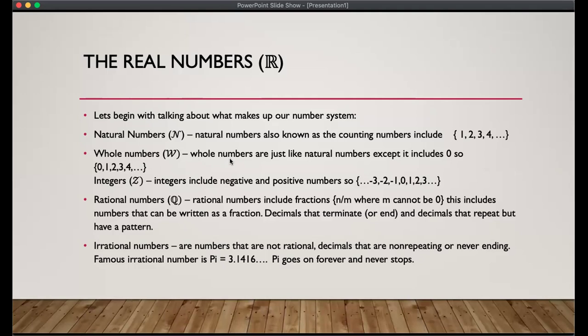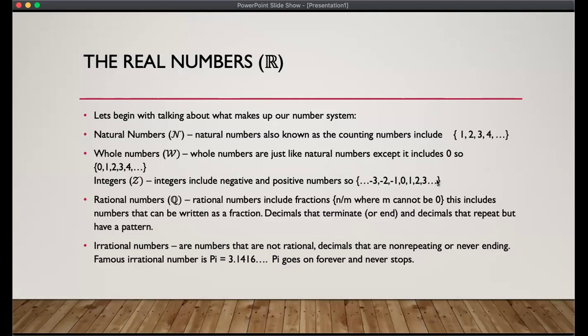Whole numbers are totally different though. Whole numbers are just like natural numbers, except they include zero. So the difference between natural numbers and whole numbers: natural numbers do not include zero, whole numbers do include zero. So we have 0, 1, 2, 3, 4. Then we have integers. It's denoted by Z, right? Integers include negative and positive numbers. So it includes all the numbers that are negative, right? So negative 100 all the way to negative 3, negative 2, negative 1, 0, 1, 2, 3, and so on